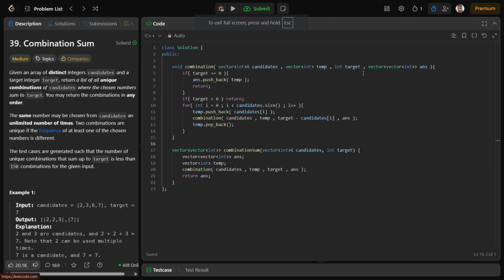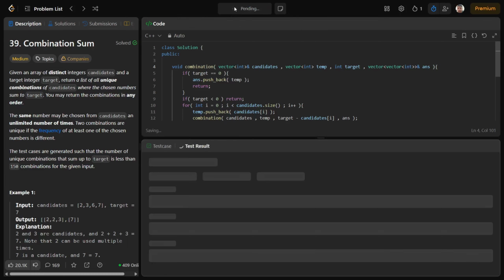The mistake is that we are calling this vector by pass by value. So whenever we call our function, a new 2D vector comes into existence. Okay, so this is not correct. We have to make changes in one vector only, and that is this vector. This is answer. So we should pass it by reference. Okay, now we will run this function,